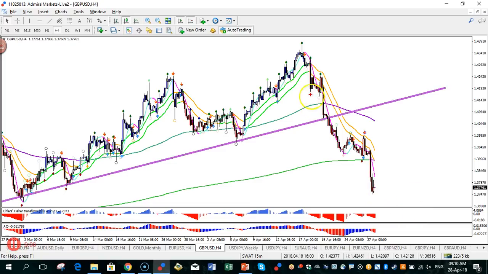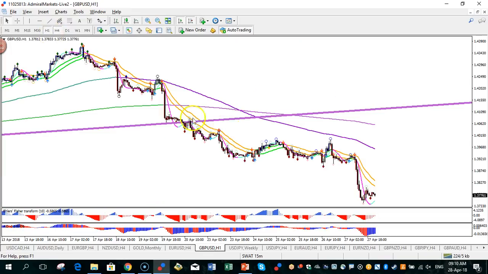All right, so this could be a wave 1, this could be a wave 2. This could have been a wave 3, 4, and we're in a wave 5. But if you look at the hourly chart, this could easily be a wave 1, 2, 3, 4, 5, right? So if we put a fib